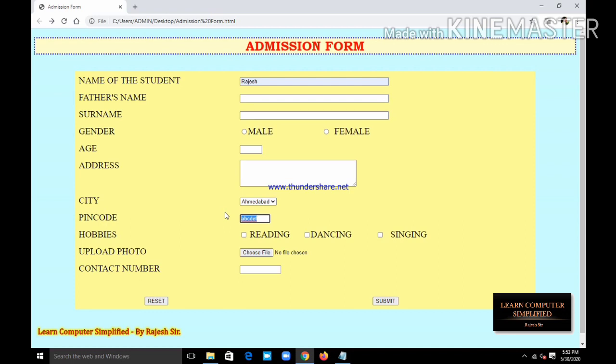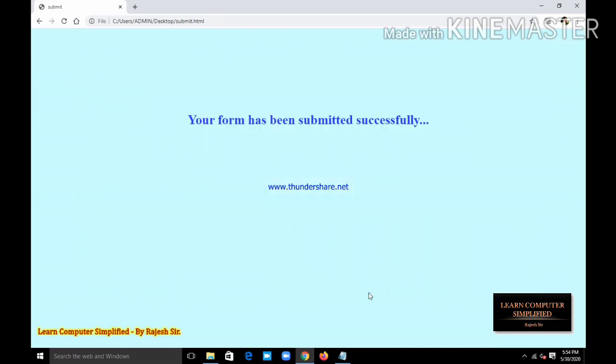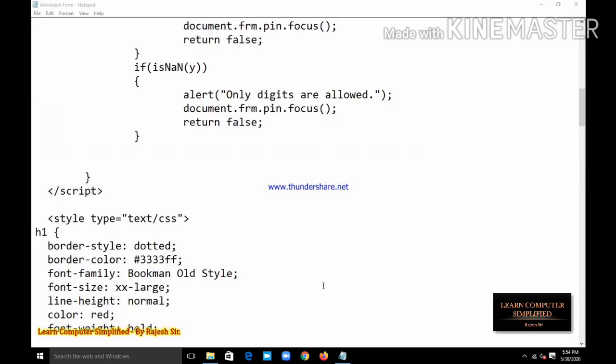So I am writing 1 2 3 4 5 6 and then it is submitted. This is how we can add a validation in a text field for a numeric value. In the next video we will see another kind of validation.